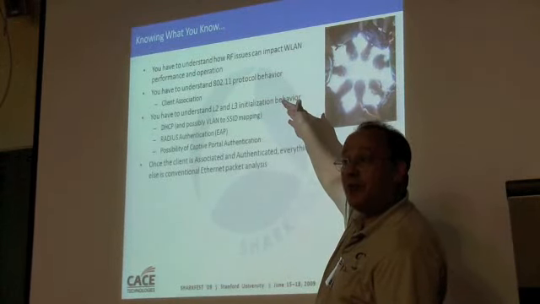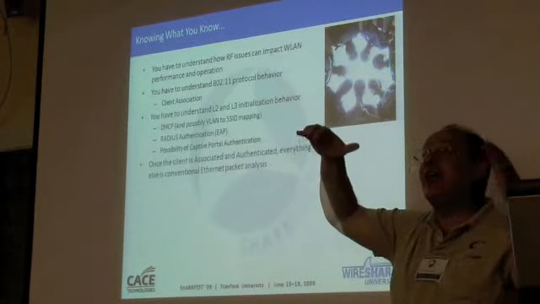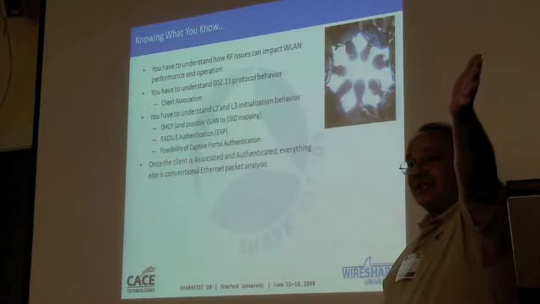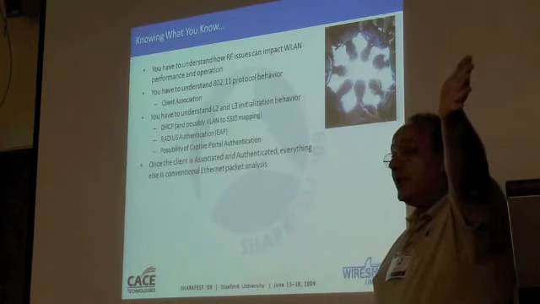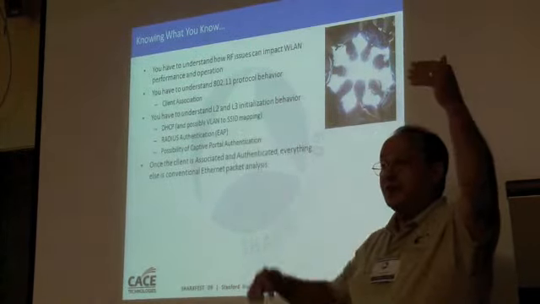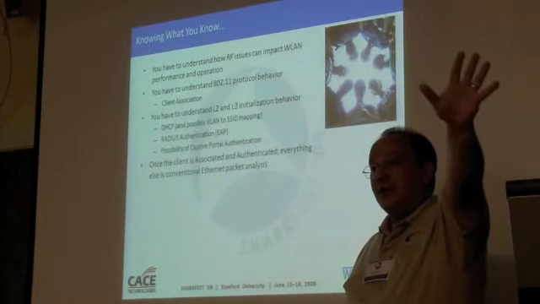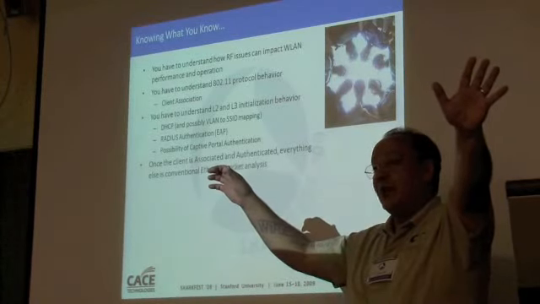Different DHCP scopes for different VLANs. So I can do an SSID to VLAN mapping in the access point. I could say if you associate to this SSID, your frames are going to be tagged with VLAN 101 in the 802.1Q header. If you associate to the trusted SSID, you get VLAN 101.